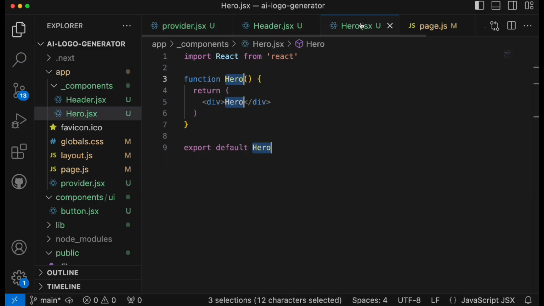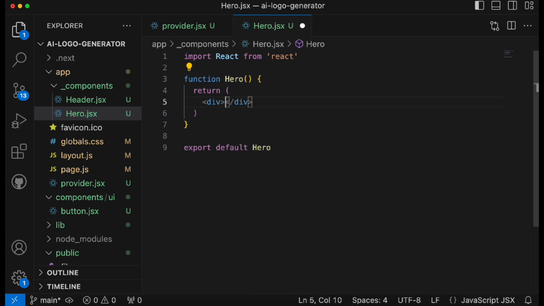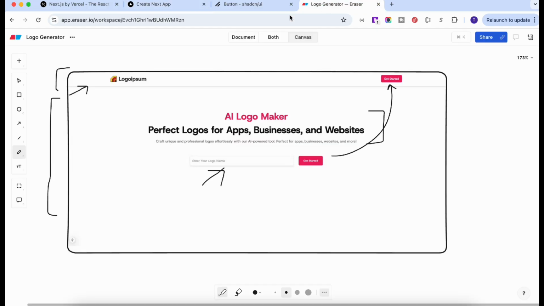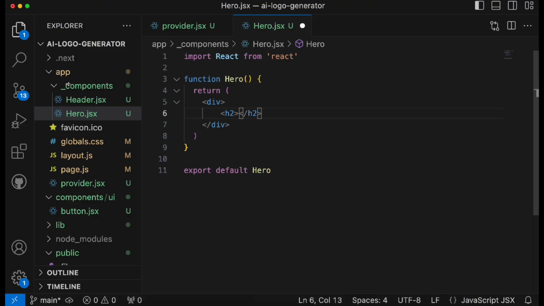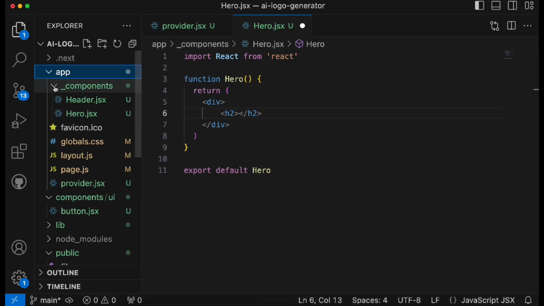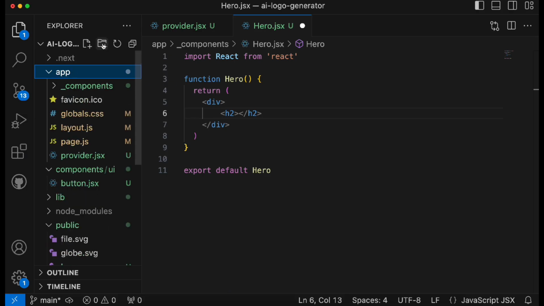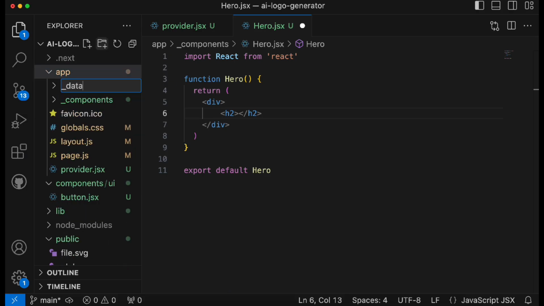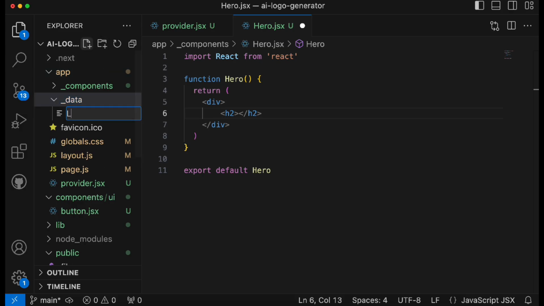Now let's go to this hero section and let's implement it. I will close all of these tabs. Now first thing we want to add is an h2 tag. Now all this text and whatever the small description lines we have, we will keep inside one file and folder obviously. So let's create a new folder under this app and we'll call it underscore data. Inside this data we'll create a new file called